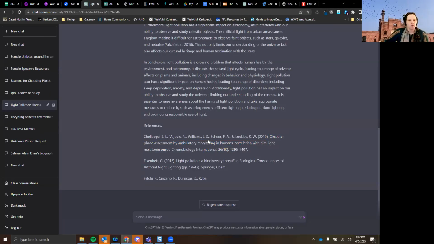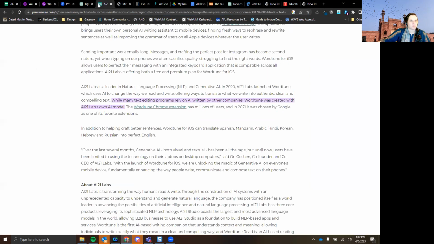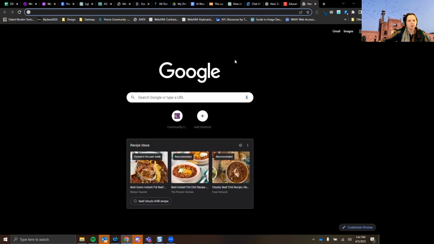What I did was I just basically highlighted and copied and pasted these people into Google. And I actually think I still have the pages up. So here's the article that ChatGPT quoted, a circadian phase assessment by ambulatory monitoring in humans, right? So I just Googled that, and the original paper